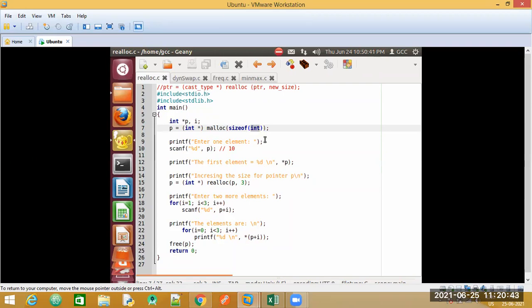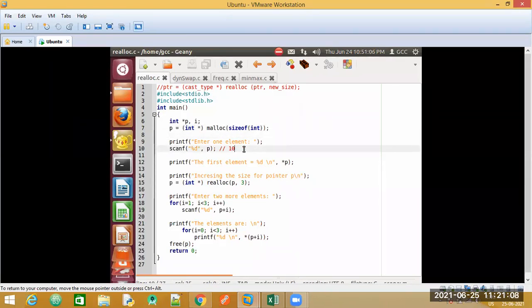Next, I've written a printf statement at line number 9 to accept one element from the user, which I store in the location that the pointer variable p is pointing to. Assume that the element entered by the user is 10, a single element.